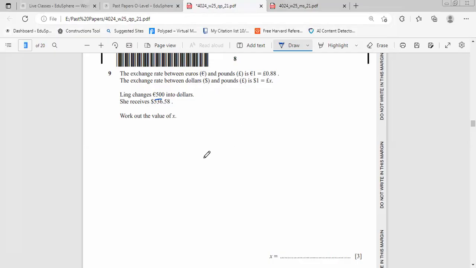So we can do it in two ways. First, we are going to write the exchange rate between euros and pounds: 1 euro is 0.88 pounds. We know that Link exchanges euros into dollars, so it means we first have to calculate